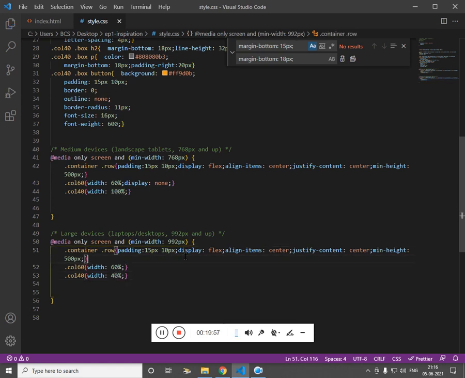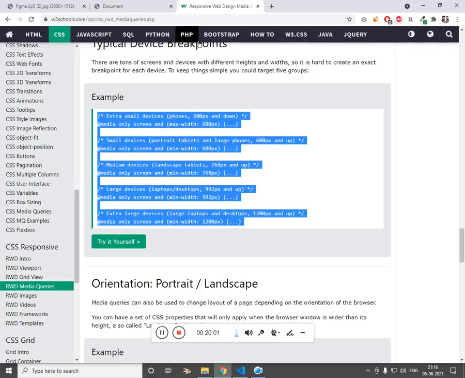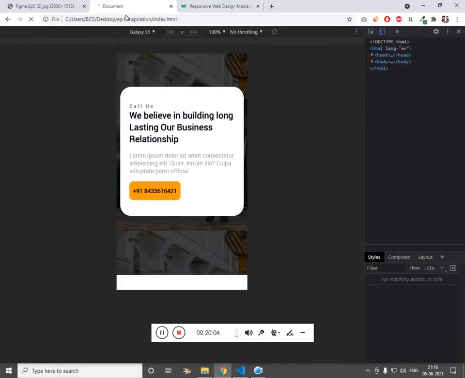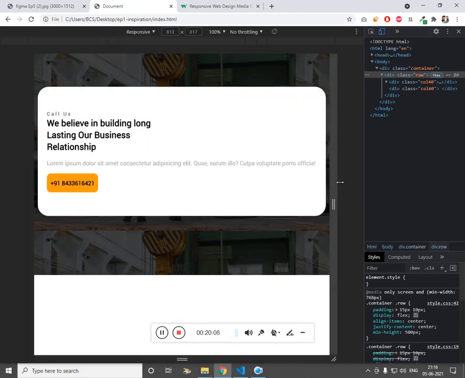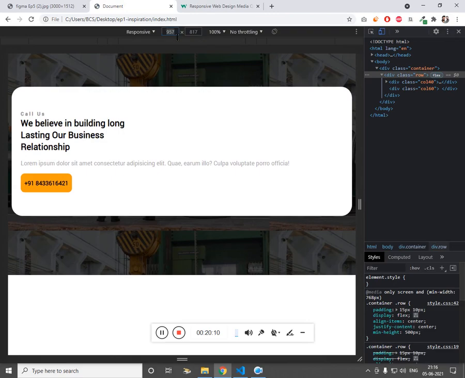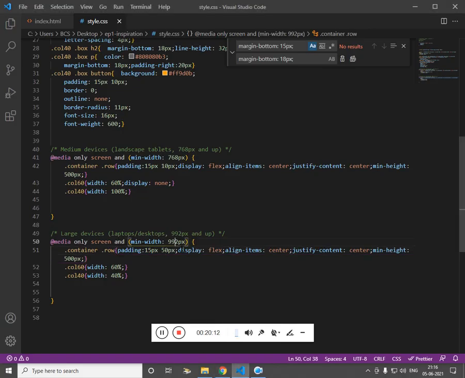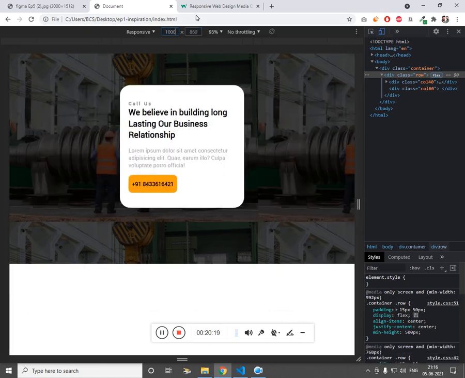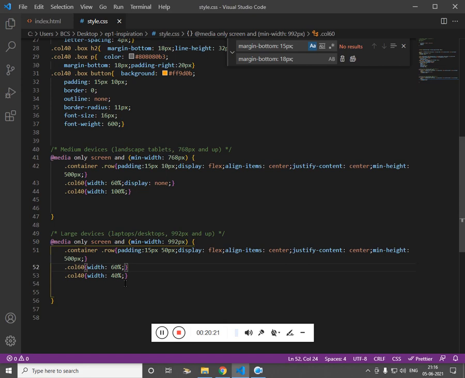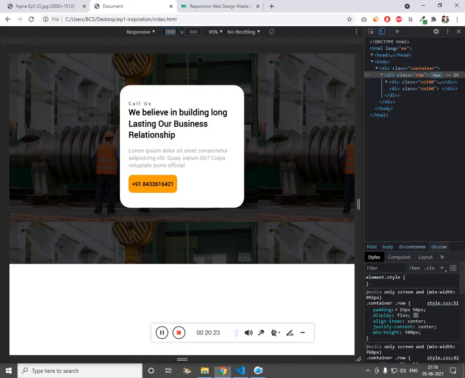Now if I refresh and show you, this is for mobile. So let's get into the screen size about 992. So let's say 1000. Refresh this. So the problem is at the center.